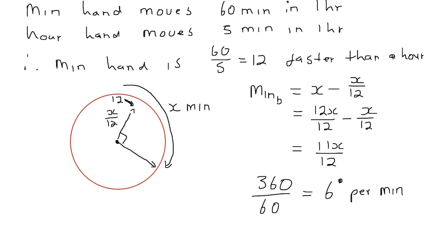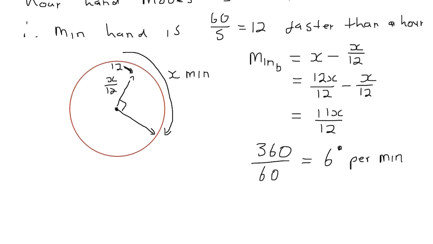Okay, so the minute hand moves 6 degrees per minute, and if this is the minutes between the minute hand and the hour hand, that means that